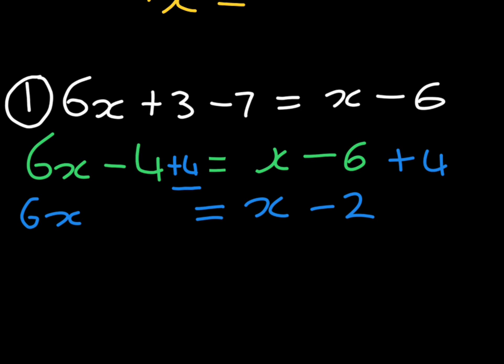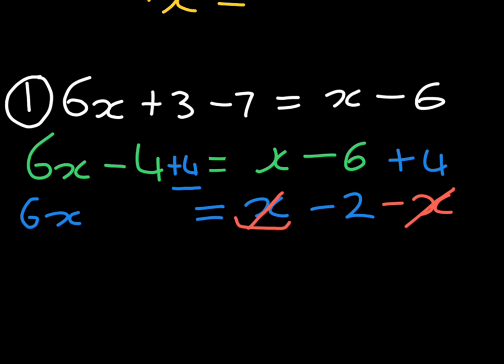So as we can see, 6x is a variable term and x is a variable term, right? But 6x is already on the left-hand side. So that means the only one we need to move is x. And to move it, we are going to get rid of it firstly on the right-hand side. To get rid of x on the right-hand side, we simply need to minus x, because remember, positive x and